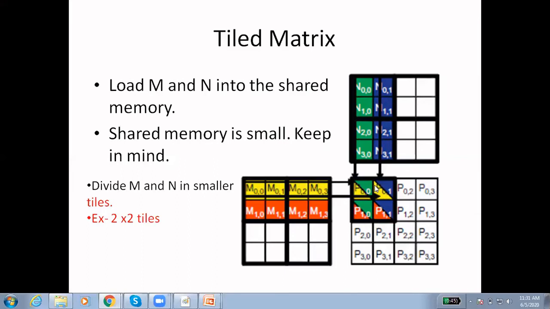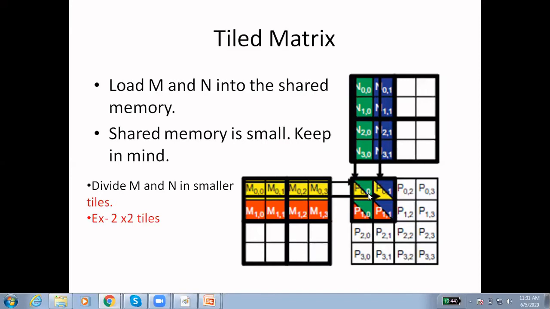Now we want to access some data from M as well as from N. If you want to calculate P00, you will need the data from M00, M01, M02, M03, all the 4 data to finally compute this